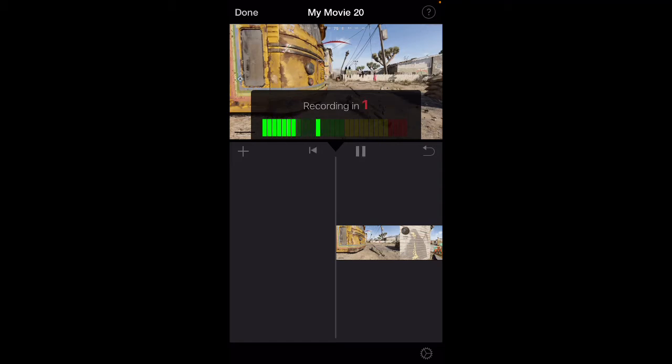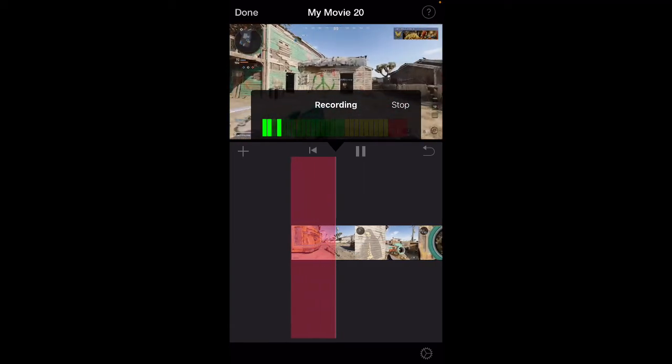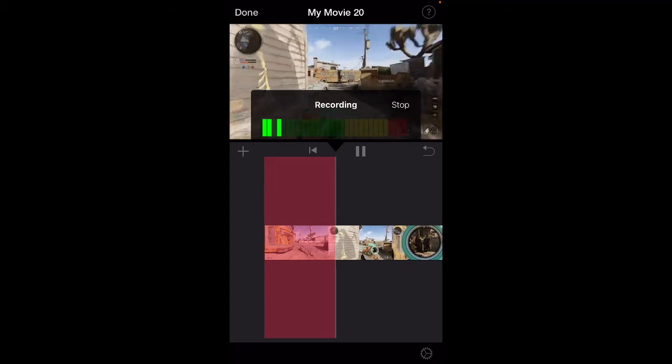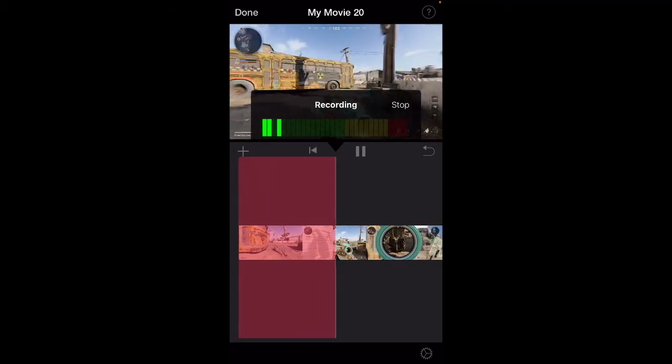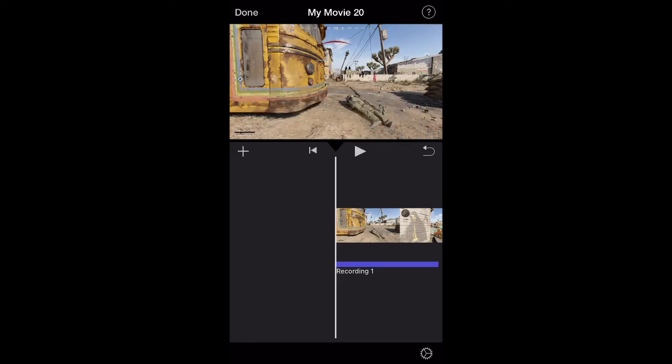It will count you down and you say what you want to, and when you want to finish you just hit stop. Then you're going to want to hit the blue accept button, and your voice recording will save as that blue